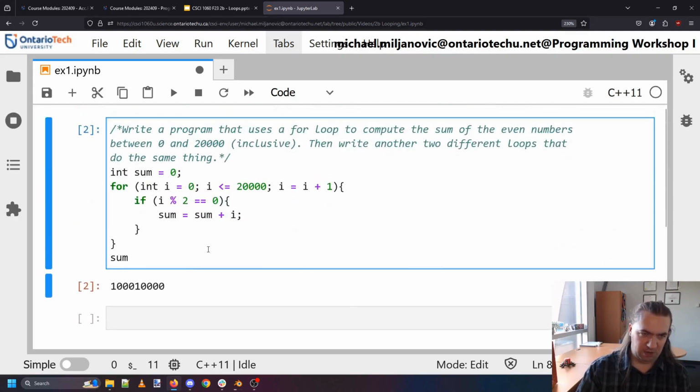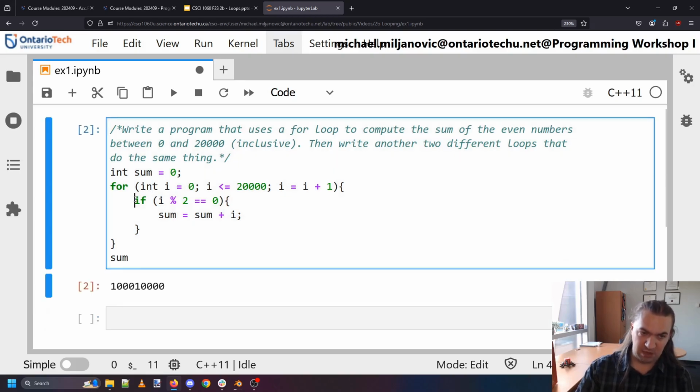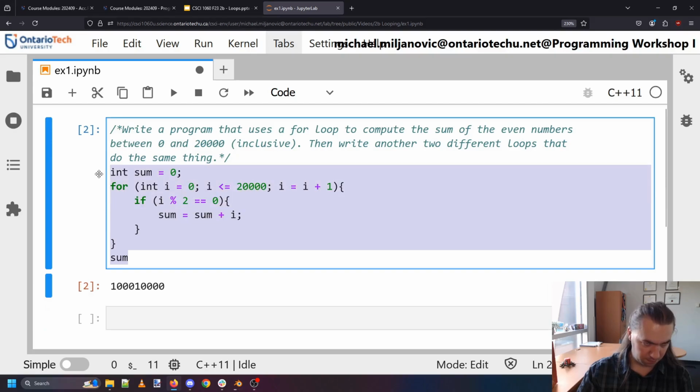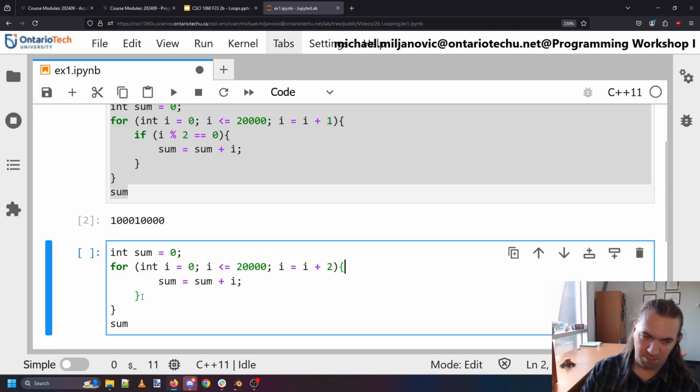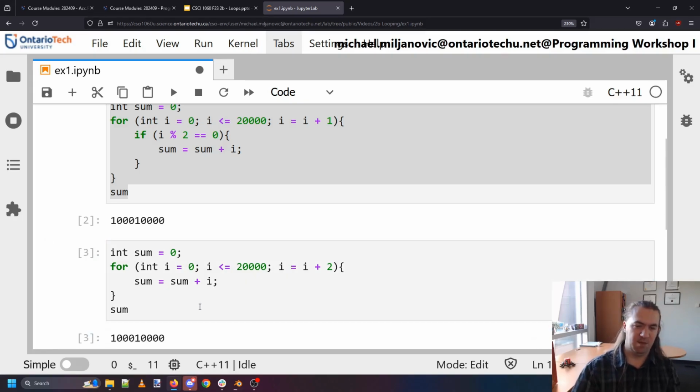There's a couple changes that we can make. There's many ways to do this, but let's do it one way that means we don't have to figure out the modulo thing. And it's actually pretty simple. Same idea here, except instead of going up by 1 every time, why don't we just go up by 2? That way we don't have to worry about the even numbers because i is only ever going to be going up by 2: 0, 2, 4, and so on. And if I do that, it's the exact same answer.